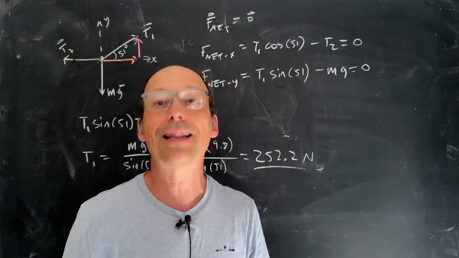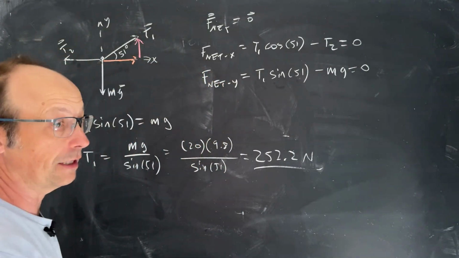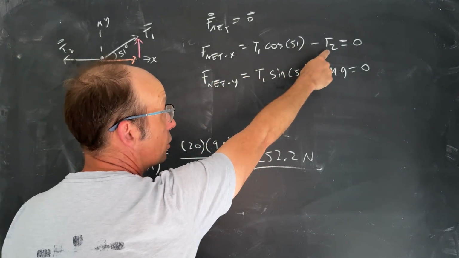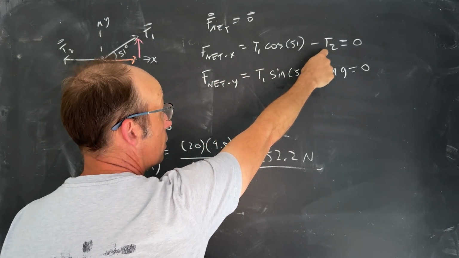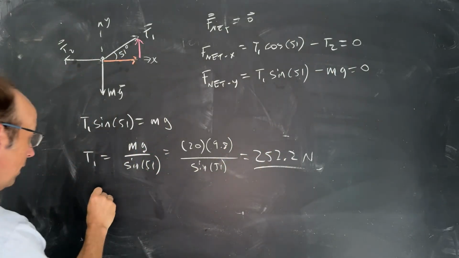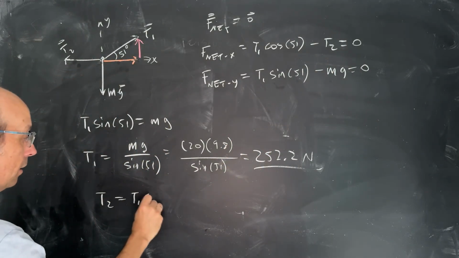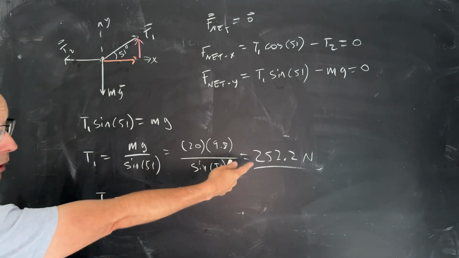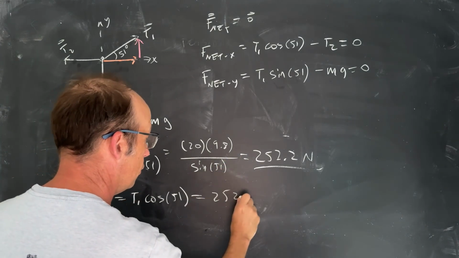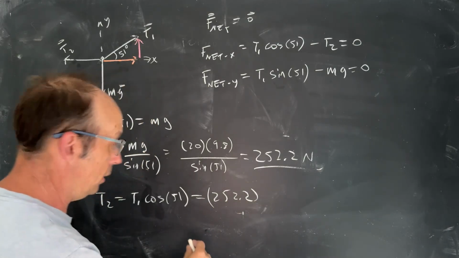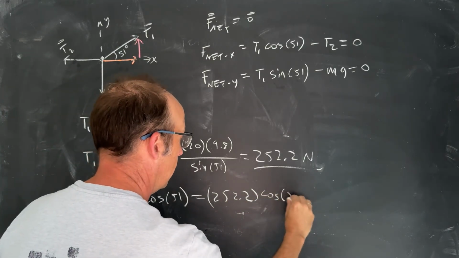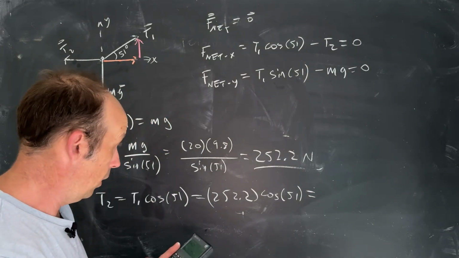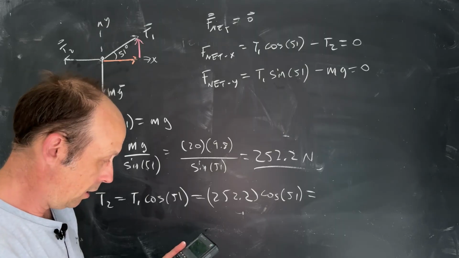This is not a lab. I'm not worried about scientific notation and significant figures. That's kind of silly. Okay, but now I know T1 up here, I can solve this for T2. So let's take this equation, add T2 to both sides, and I get T2 is T1 cosine 51. Well, I know T1, so it's going to be 252.2, leave off the units, times cosine of 51. And that's going to be, so let's see, I do have to take off my glasses now. 252, 51 cosine times, and I get